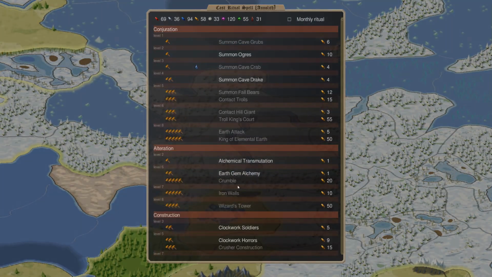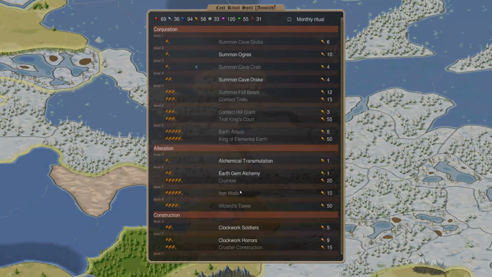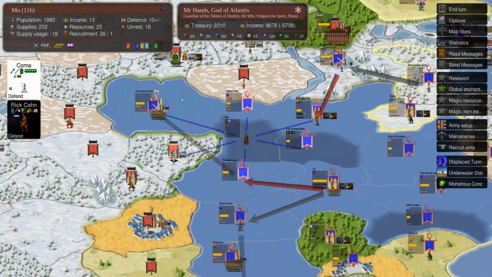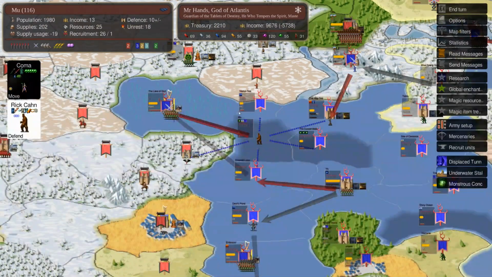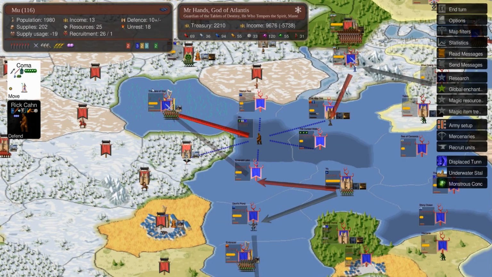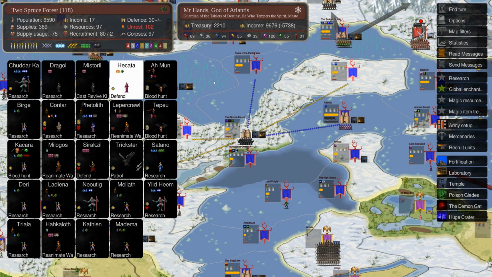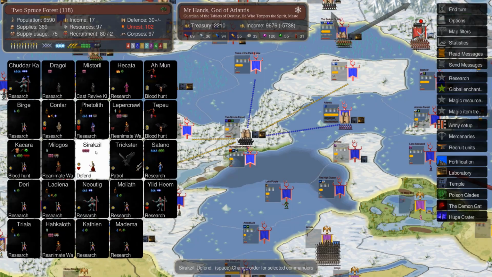Though I think for the Earth one, since Earth gems aren't super valuable at the moment, I may go ahead and just do remotes. I think these guys actually are just going to walk around. Site search more. Here we're going to research... Okay, now I had alchemized a ton of death into...